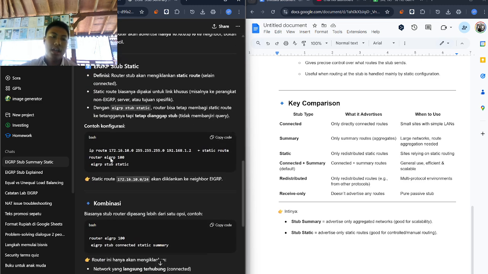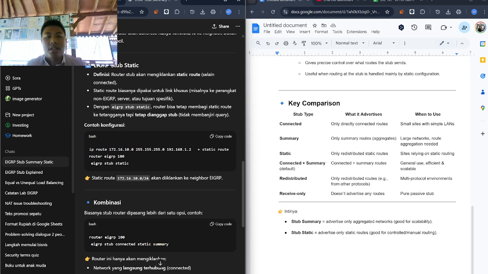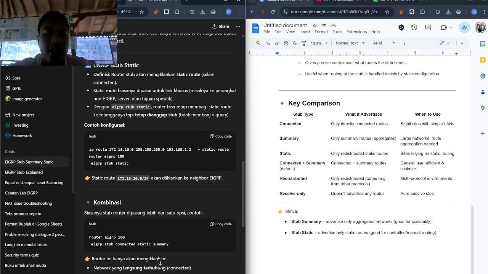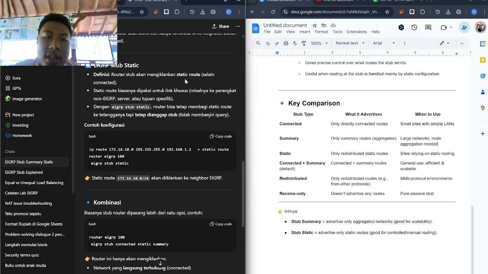Okay, EIGRP stub static. In EIGRP stub static, the stub router will advertise the static routes.